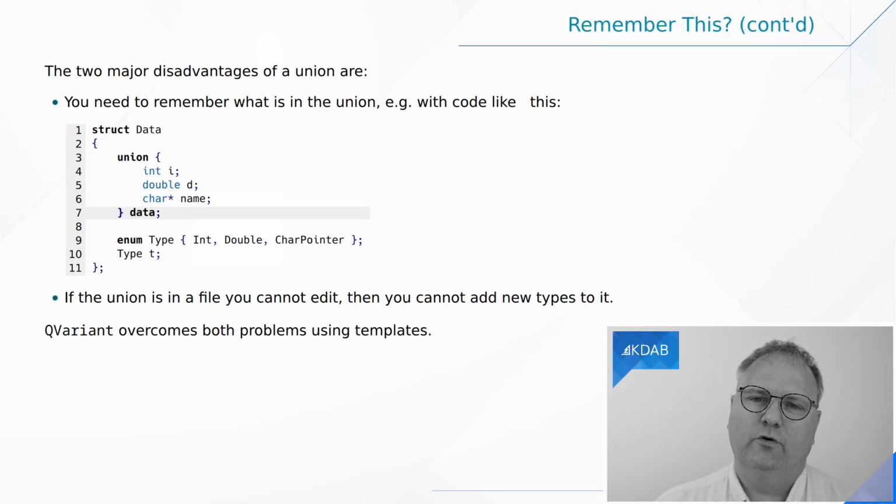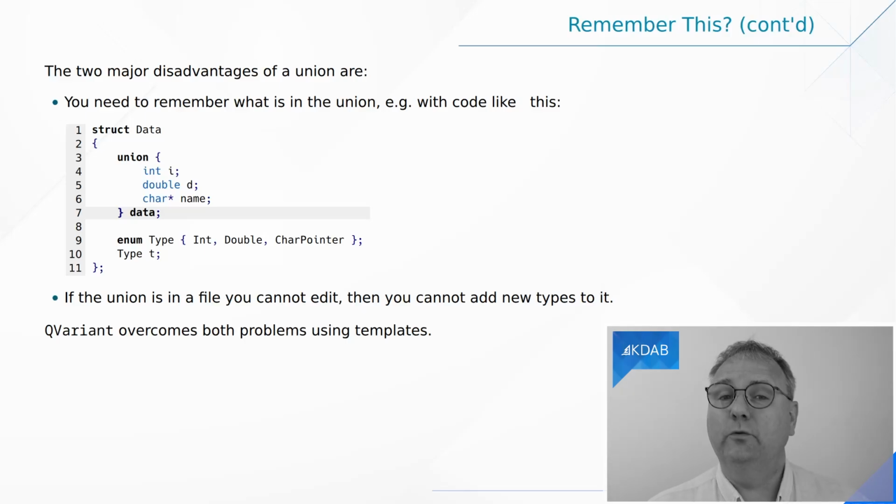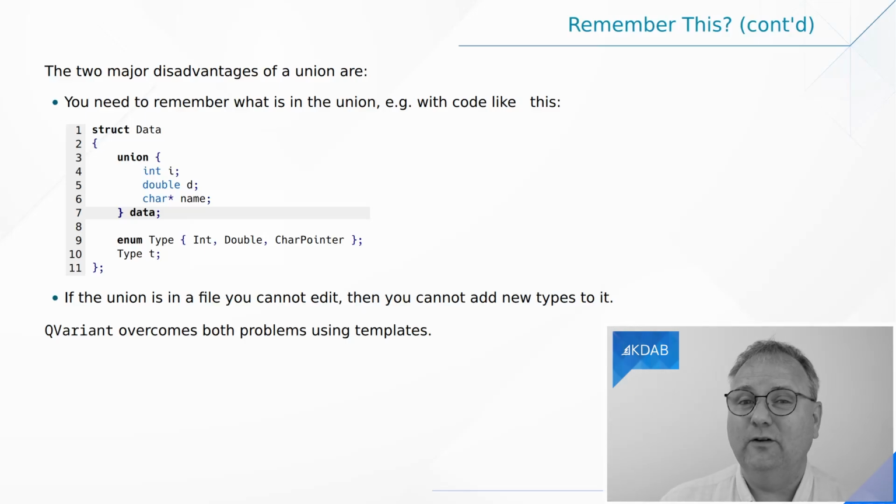But if this union was located in, say, a library, let's call that library Qt, and then inside Qt there was this union and you wanted your own data type. So it could be an int, a double, a char pointer, or a MyGizmo. How would you go around that? Well, you could go and edit the Qt source code and compile it again, and that will be very popular, especially if you ship it on a lot of devices. Then you need to patch your Qt every single version of Qt, and you need to make sure that your customers have exactly your version. Not a very good solution.